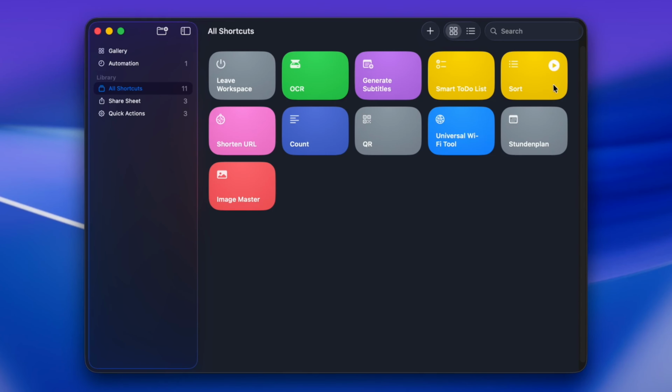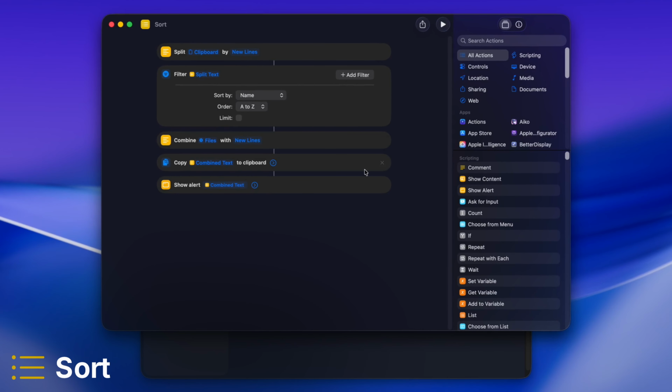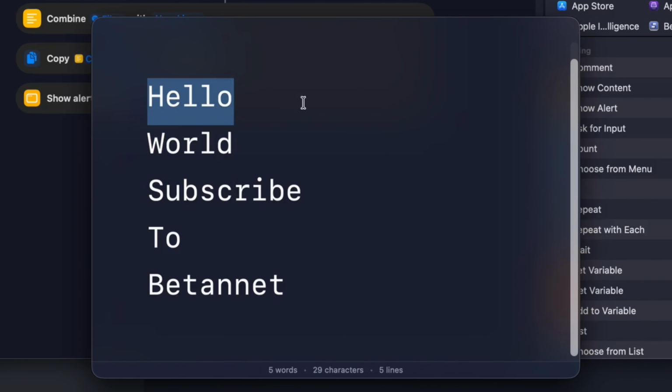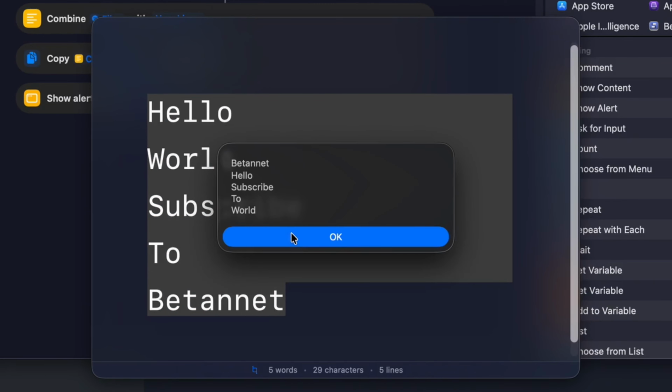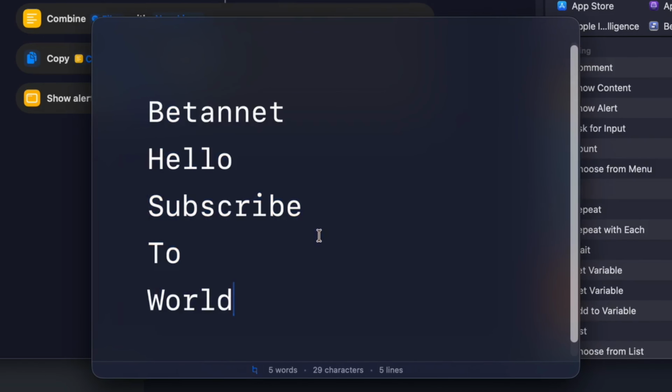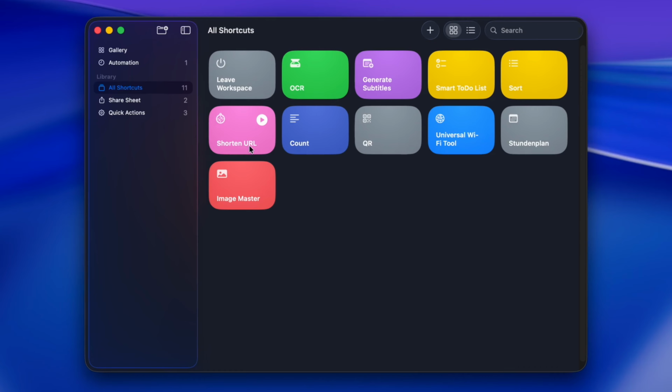The next shortcut is called Sort, and for that I'd love to give you a little demo. So what I have here is a list of a few simple words, but they're not sorted, they're just random. To sort this list alphabetically now, I just select that list, copy it to my clipboard, then trigger the shortcut, and I receive the same list but now sorted alphabetically. And when I click that away and paste it,